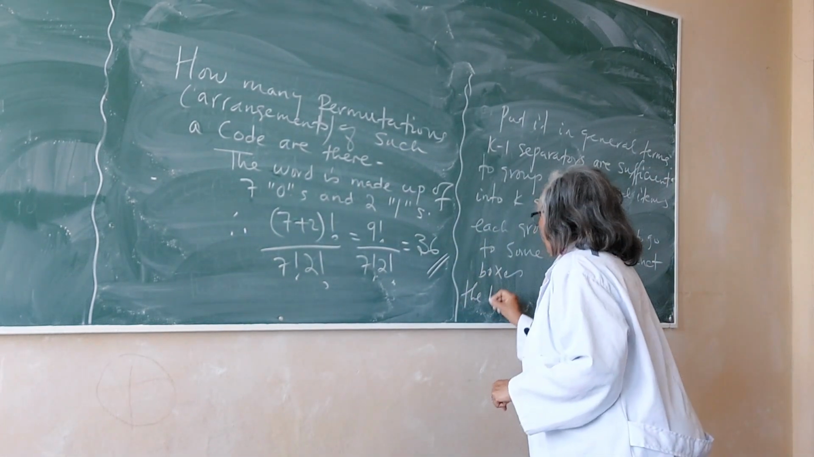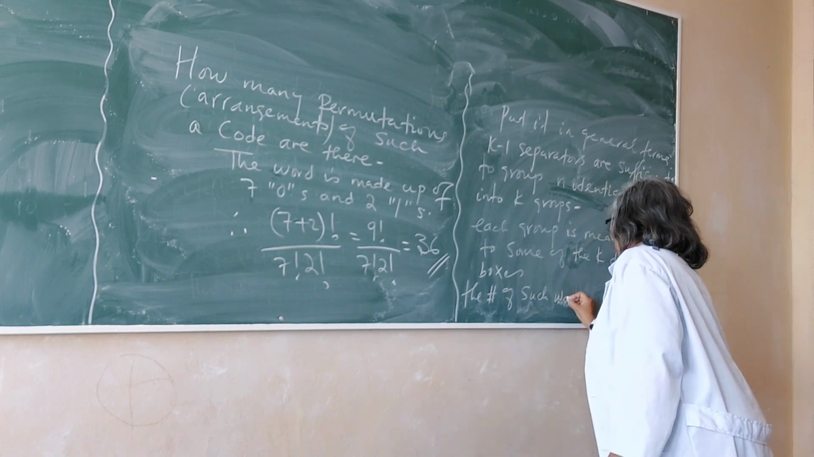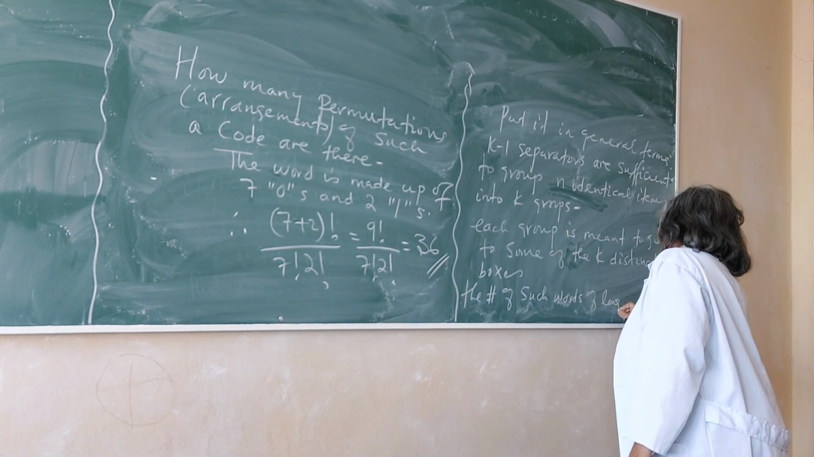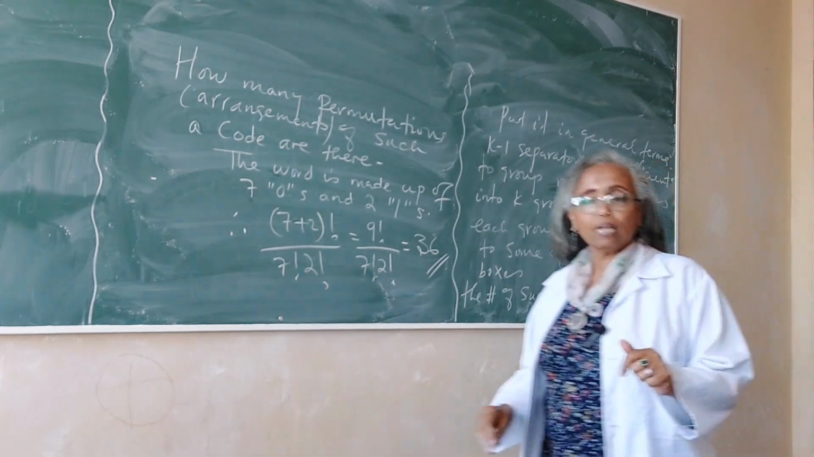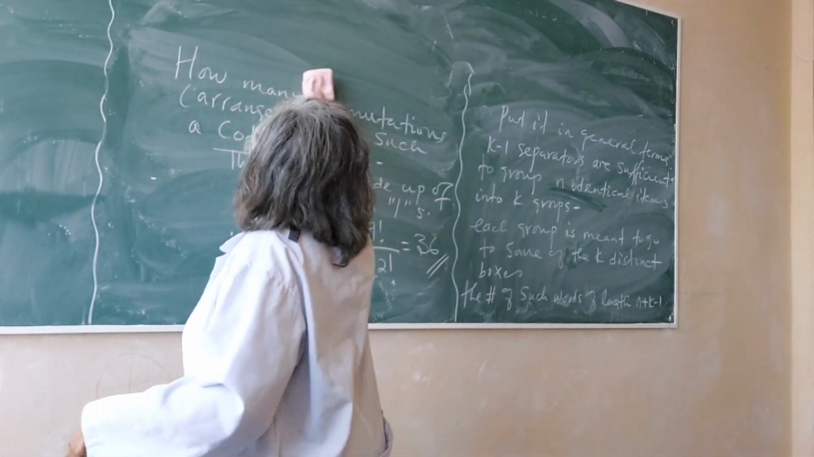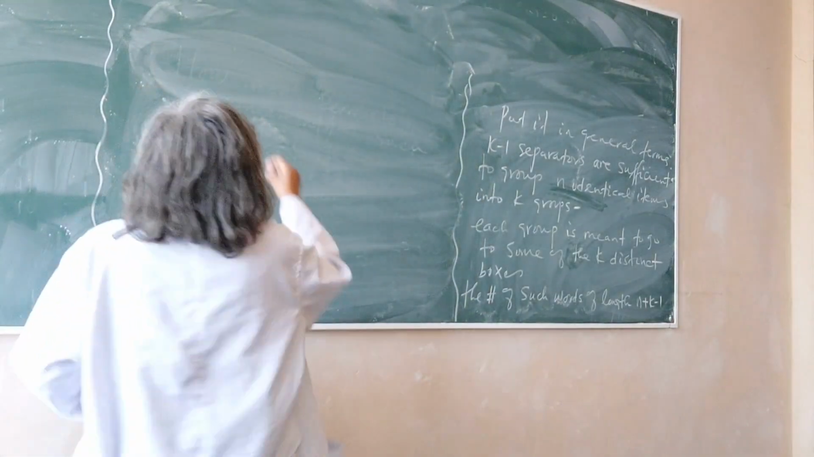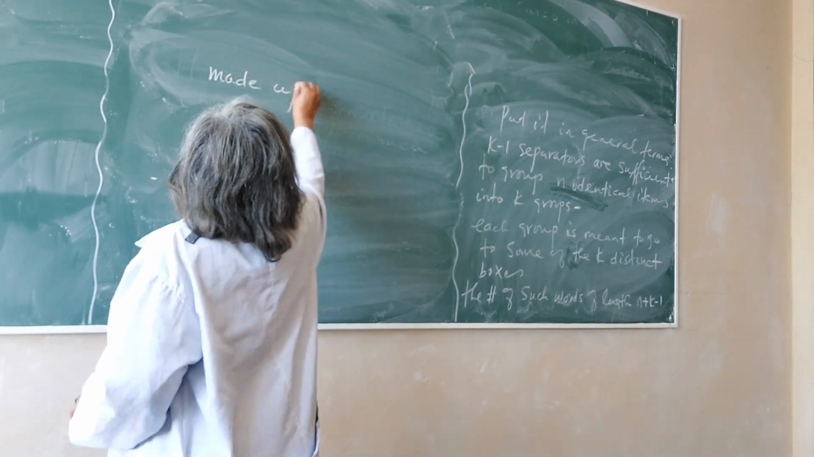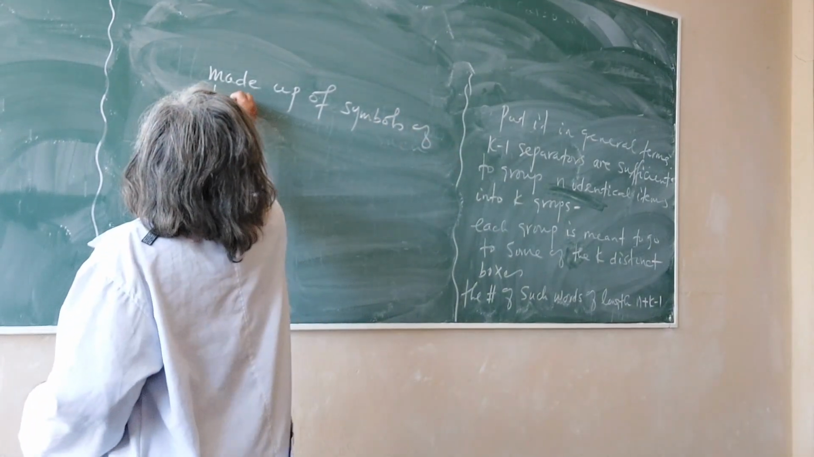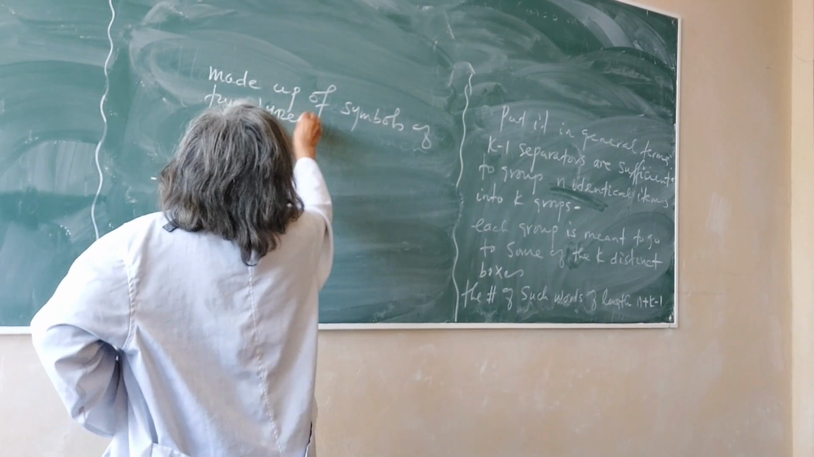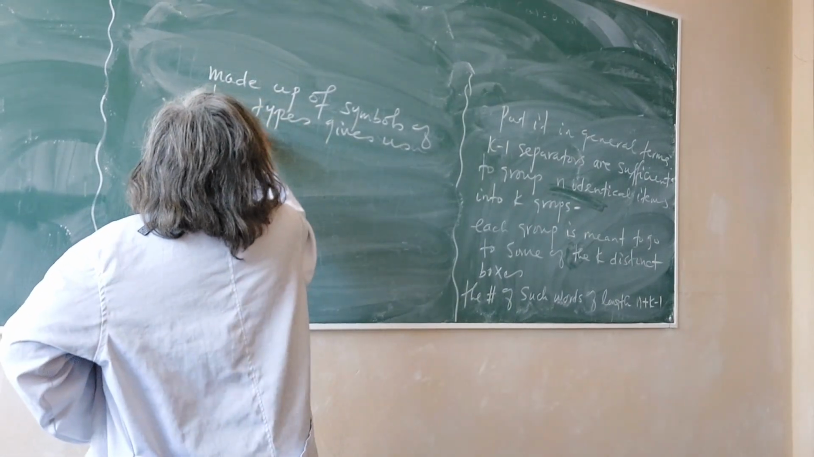Therefore, the number of such words of length n in identical terms plus the k minus 1 separators, of course made up of symbols of 2 types, gives us the number of